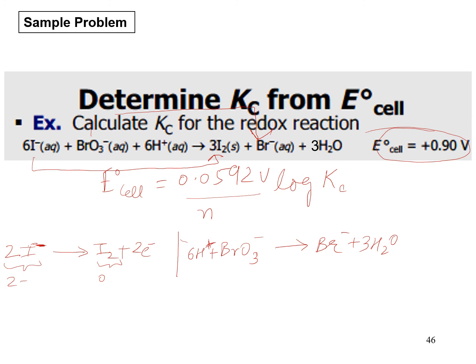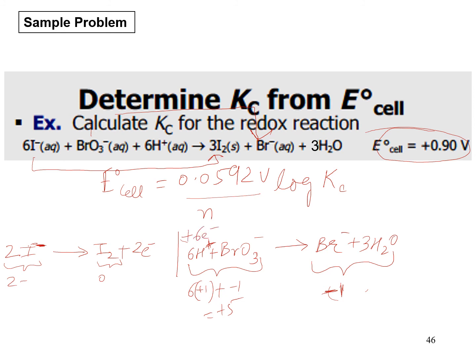Now I balance the charge. So what's the total charge here? 6 times plus 1 and 1 negative 1, which gives you a total of plus 5. Total charge on this side, I have 1 Br, which is negative 1, and 0 for water, so negative 1. So the lowest number is negative 1, so I need to come to negative 1. How do I do that? To come to negative 1, I will have to add 6 more electrons on this side,